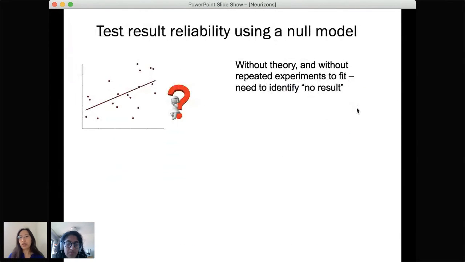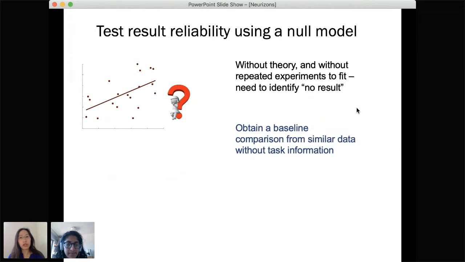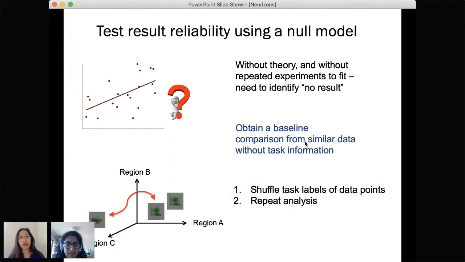At the same time, we also did a null model because, again, here we don't have an underlying theory, so we have to use an empirically or numerically generated null model. We do that by taking the same data so that it will have the same properties and same sampling. Now we are shuffling the shape labels between the different data points, so that we have the same data cloud, but all the shape labels are shuffled, so there should be no task information left in this data cloud. Then we can repeat our analysis, because this can be a null model from which we can compare whether or not our result is significant.